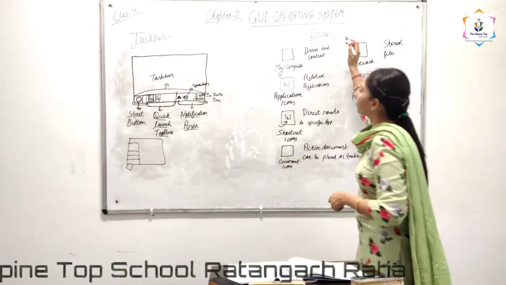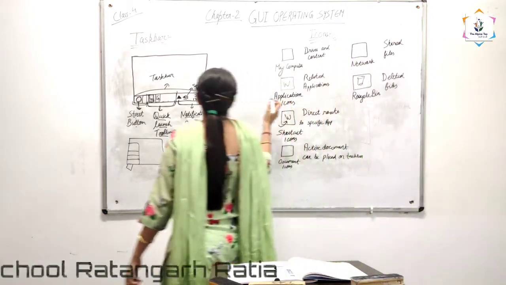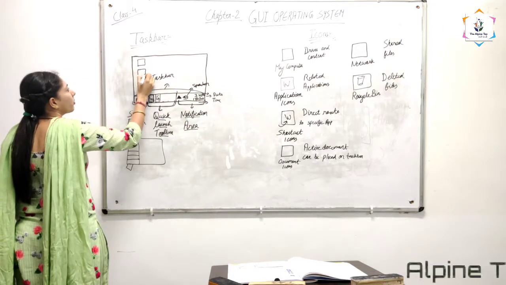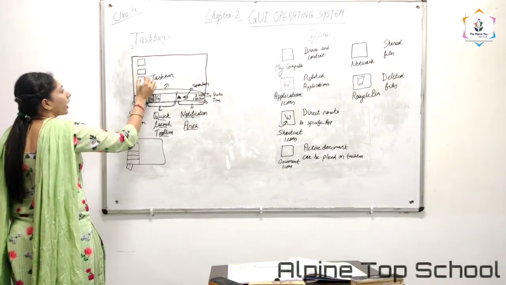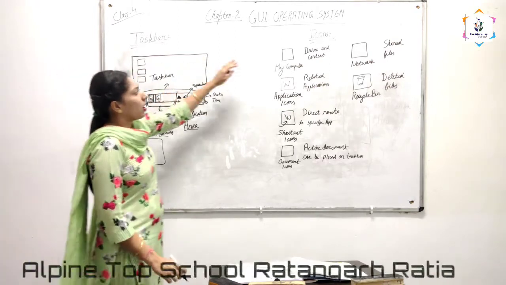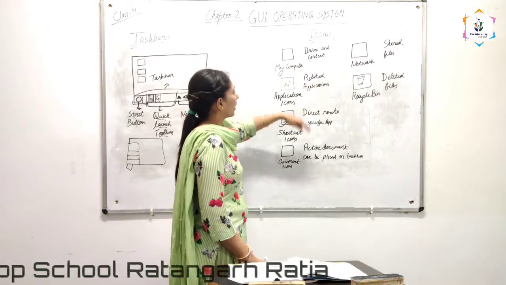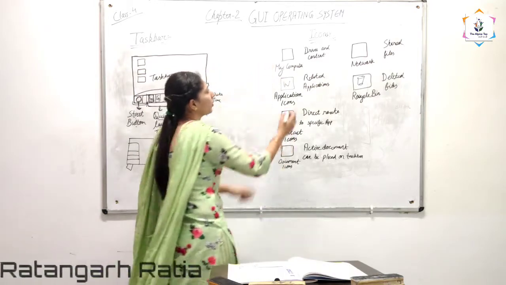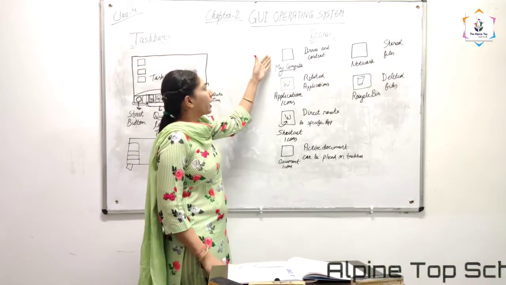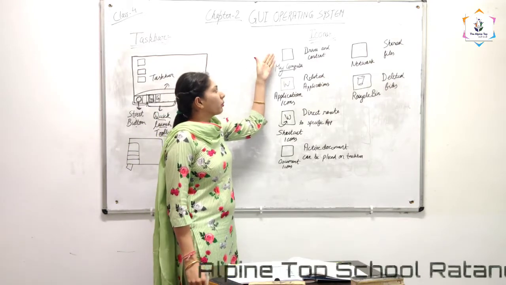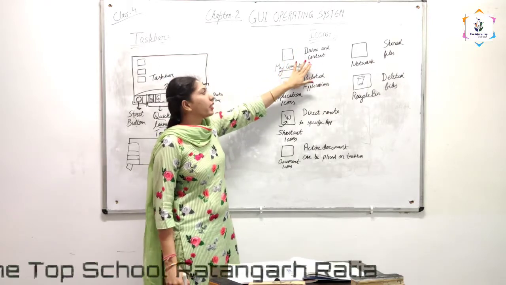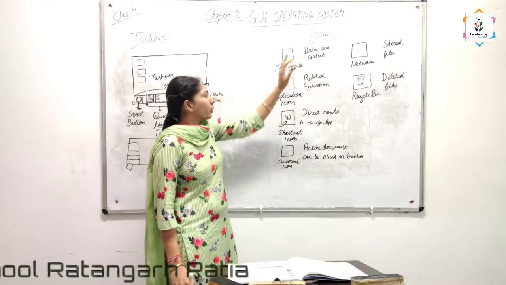What are icons? In last class I have told you icons are small image like tiles placed on desktop. These are called icons. Now we have to study what are these icons. Now first is our my computer icons. What is my computer used for? With clicking this my computer icon, we can access the different drives and their content on our computer.